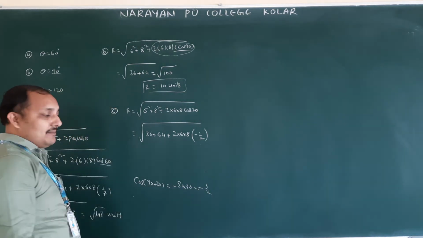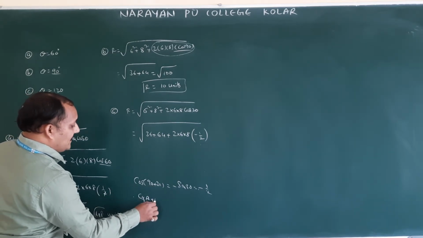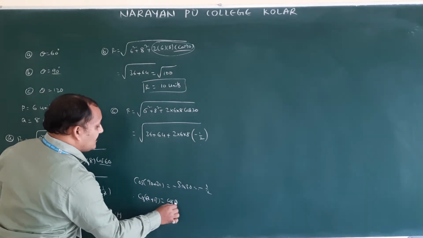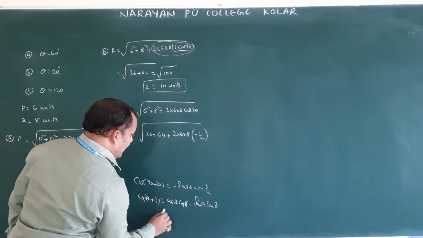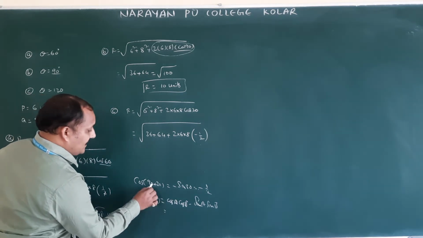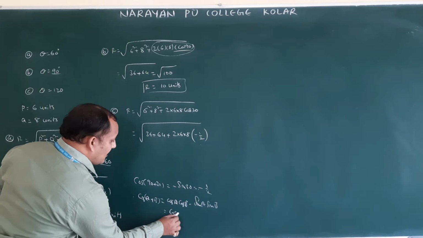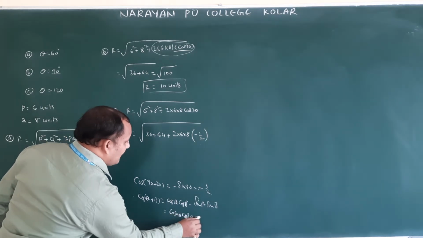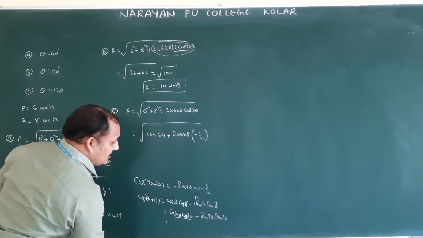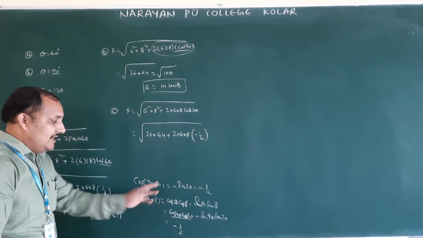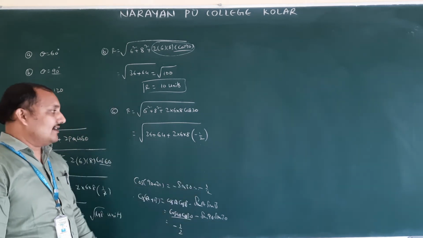So in this way you can remember. Otherwise, the cos A plus B formula: cos A plus B is equal to cos A cos B minus sin A sin B. The A, B values you can substitute: A value 90, B value 30. Therefore cos 90 cos 30 minus sin 90 sin 30. This is 0 minus 1. Anyway, you should know the sin 30 value. That will come under trigonometry.